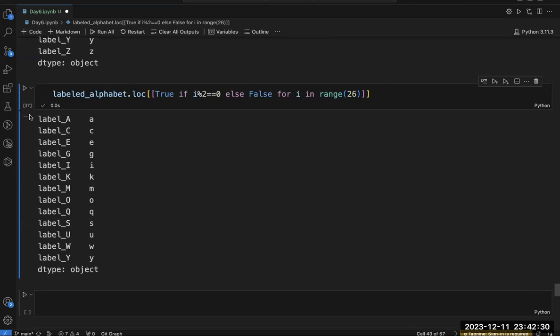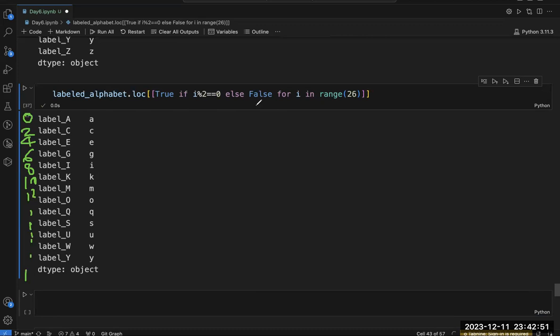This is basically my zero index. This is my second index. This is my 4 index. This is 6, 8, 10, 12. Like that, it is giving me.